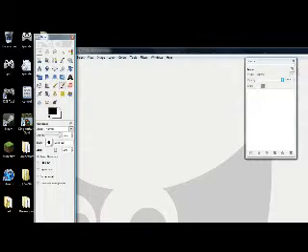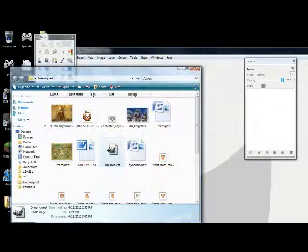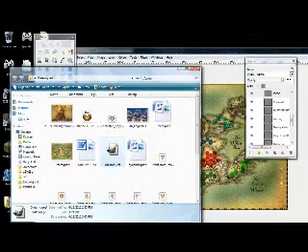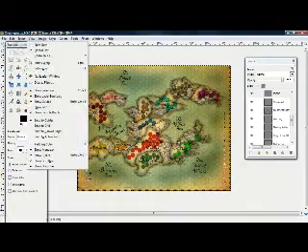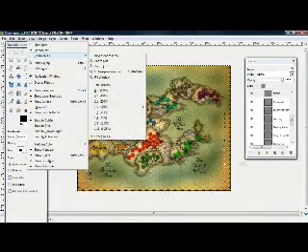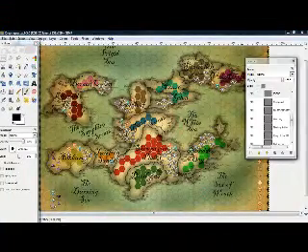I hate how there's no minimize button on GIMP. It's weird. So I'm gonna go ahead and open mine. And the first thing you'll notice is mine is like all colorful and, you know, got all these icons and stuff. So I'm going to explain what everything is. Alright, so